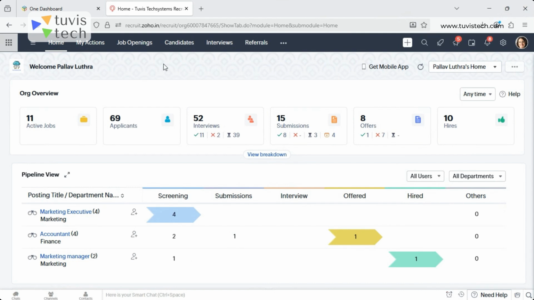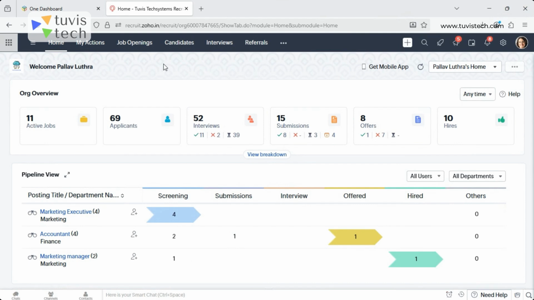Login interviews are those interviews that do not happen within Zoho Recruit, where the evaluations and feedback need to be submitted in Zoho Recruit. Then the login interview feature can be used to submit the feedback. And the video interviews have a recorded interview feature and a live interview feature, which is basically